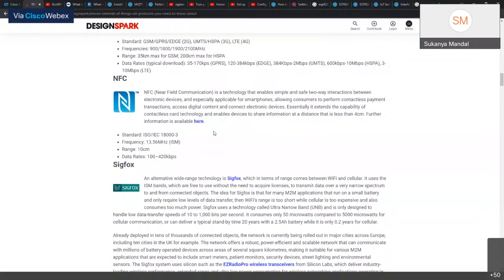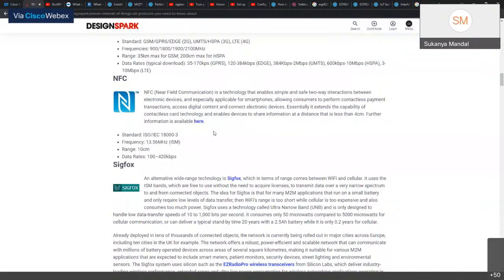Nowadays, very few smartphones have NFC, but those that have it are capable of making contactless payments using NFC. Samsung Pay, I believe, also has the option for NFC contactless payment, and NFC also allows access to digital content and connecting electronic devices.